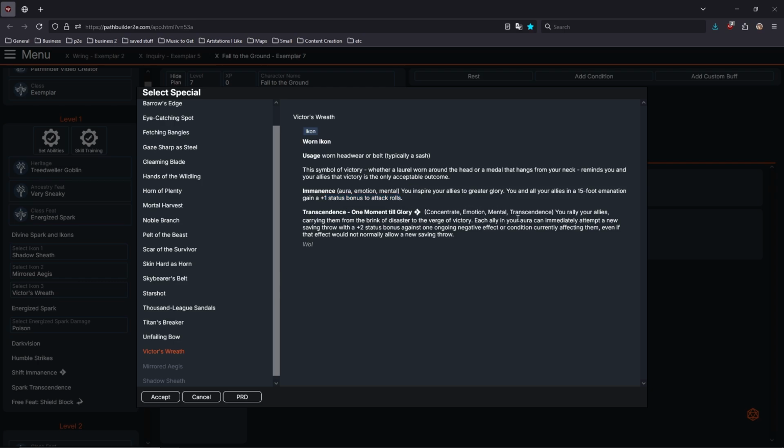As a single action, each ally in your aura, so a 15-foot emanation, can immediately attempt a new saving throw with a +2 status bonus against one ongoing negative effect or condition currently affecting them, even if that effect would not normally allow a new saving throw. The problematic part here is just that it doesn't have any sort of lockout. It's not actually that much of an issue in combat,